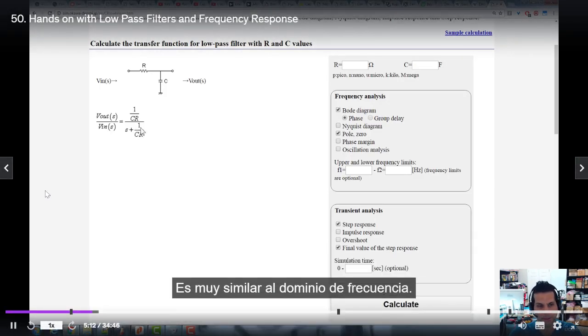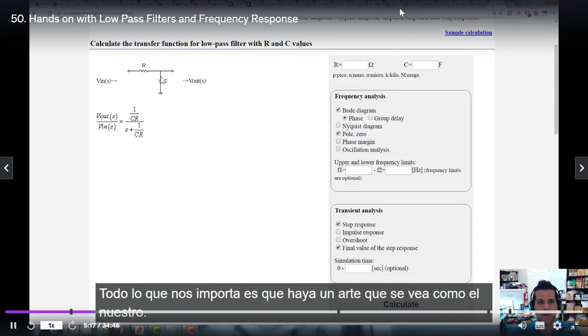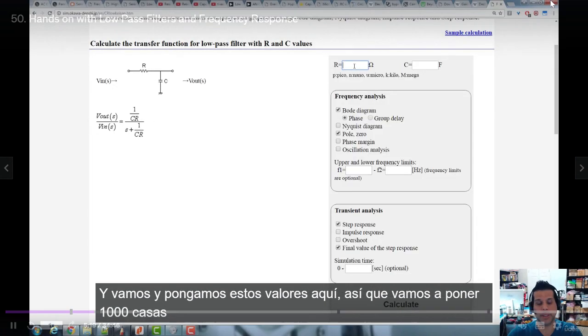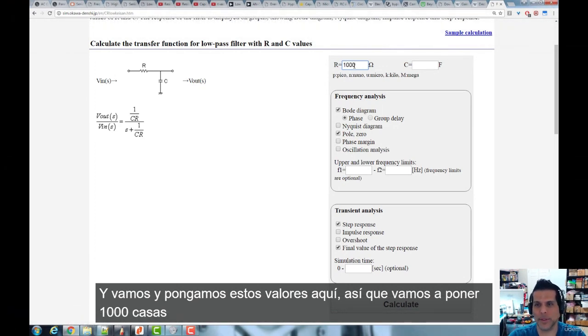It's very similar to the frequency domain. But anyway, we don't really care about that. All we care about is there's an R and a C. It looks just like ours. And let's go and put these values in here. So let's put 1,000 ohms, and we're going to